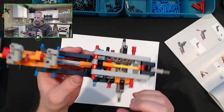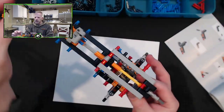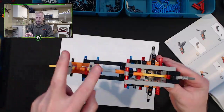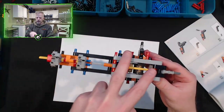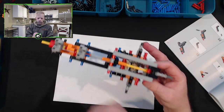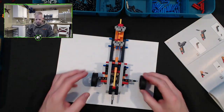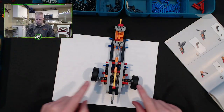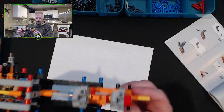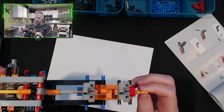So I'm 100% sure now. This is where the engine's going to be, right here. The engine will be sitting in here. This will be the back of the car. These are the back wheels where these 2 axles are. So you'll actually have almost what looks like 2 wheels back here. So I'm going to guess it looks like that. These are the 2 wheels that go on there. And then the next part we build is probably going to be out front here. And that's going to end up...